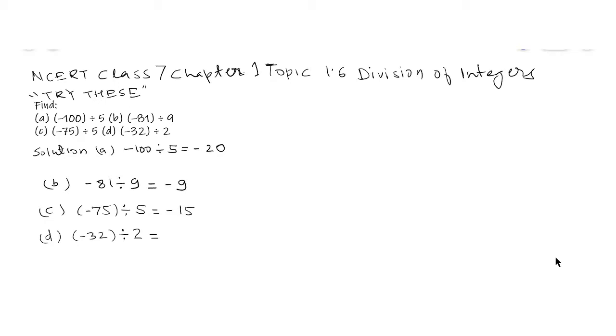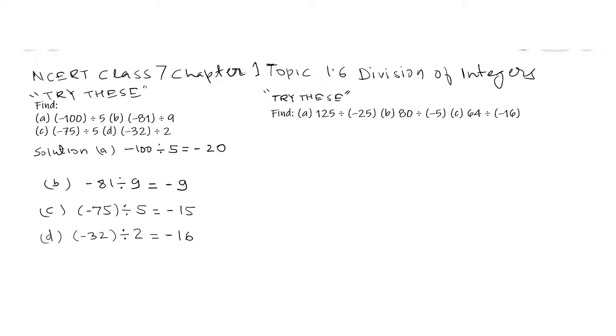equal to, when we divide 32 by 2, we get quotient as 16, and as 32 is negative, the quotient 16 is also negative, so we put the minus sign prior to 16, and the property used is the same. When a negative integer is divided by a positive integer, we get the quotient as a negative integer. We go to another set of questions under Try These. Find part A